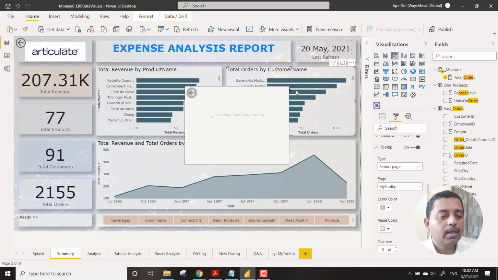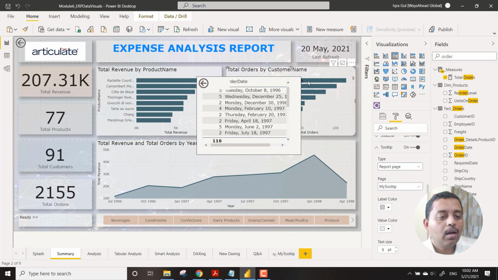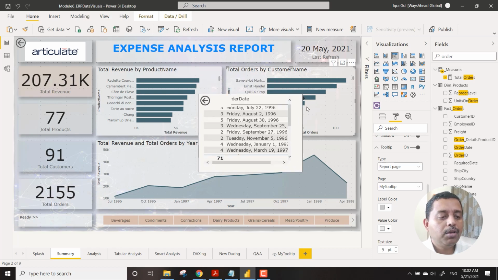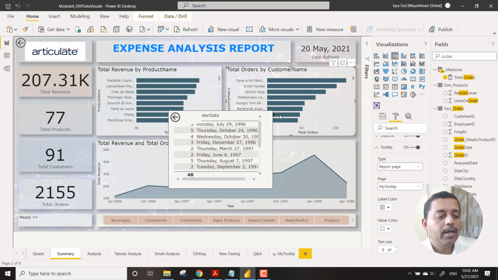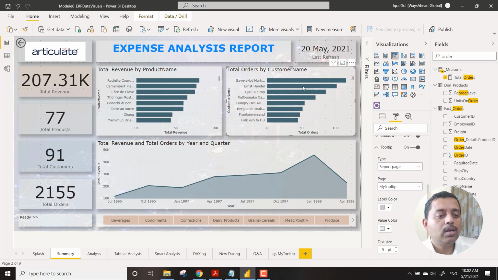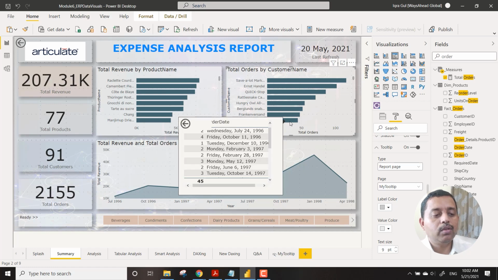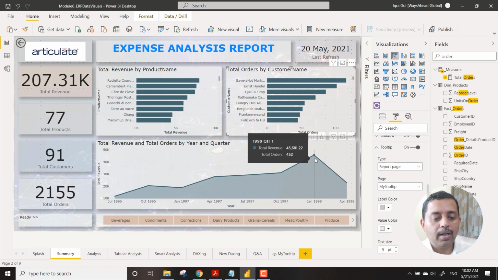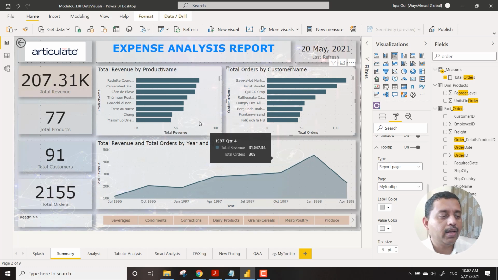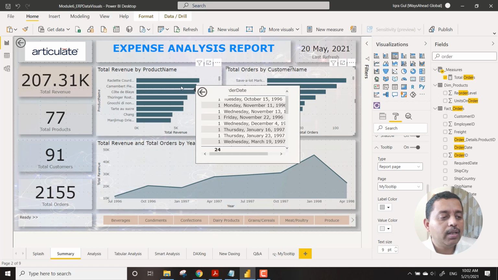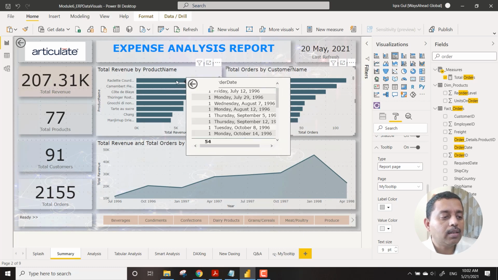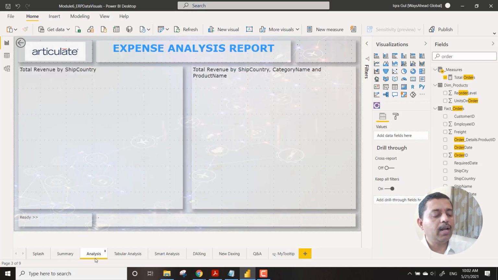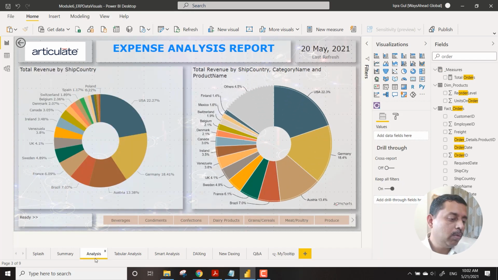Let's see what happens. If you click over here now, you can see which orders were given by this particular customer. So just like that, if you have to enable these details, here it is already there. You are not configuring over here. That's fine. And here you see the same option, you can see the customer, product. So based on whatever analysis you are progressing with, you will be able to see all the details directly in that tooltip. So you can configure that.